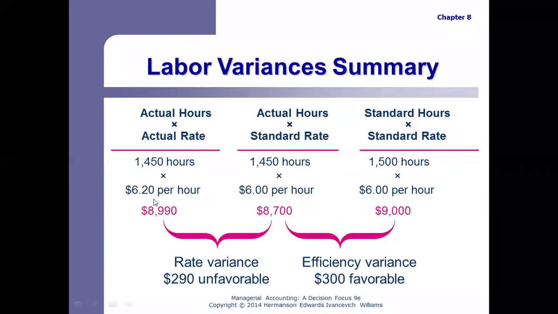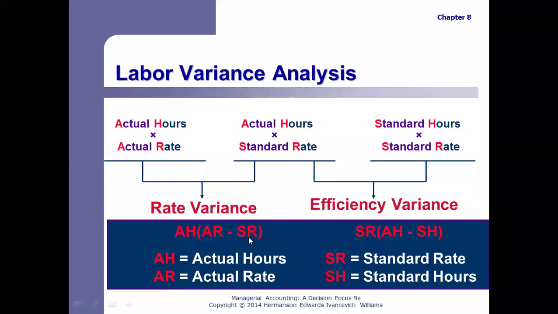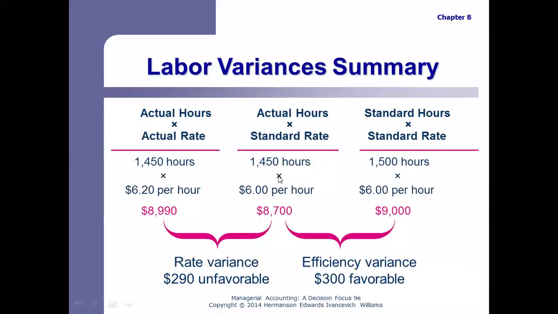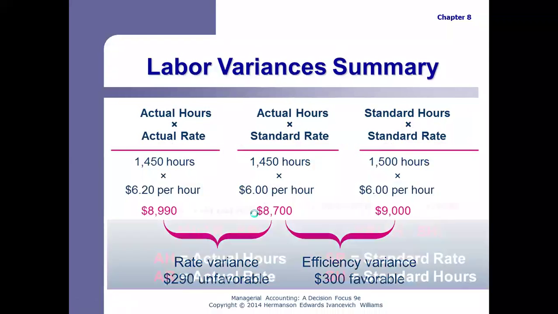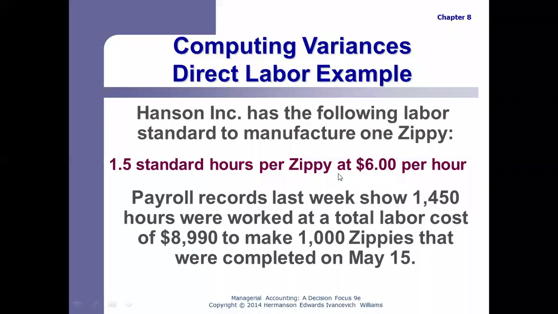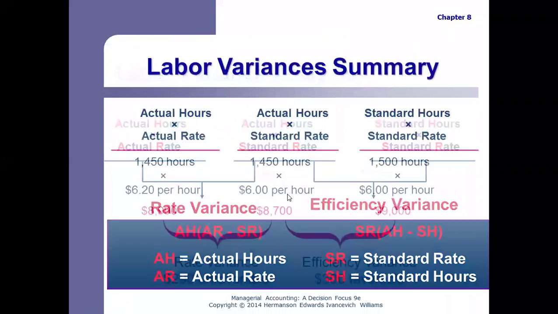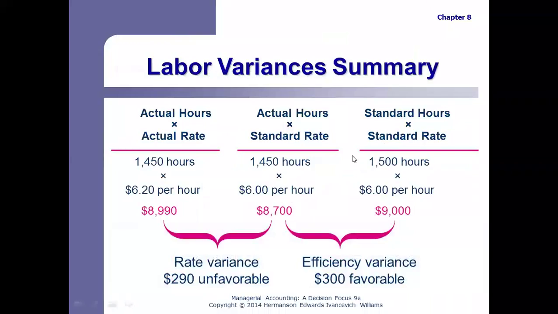If we do the multiplication, we'll get that 8,990 that's in the problem here. The middle column, actual hours, again, 1,450. Standard rate, the standard was we wanted to pay $6 an hour. The right-hand column,